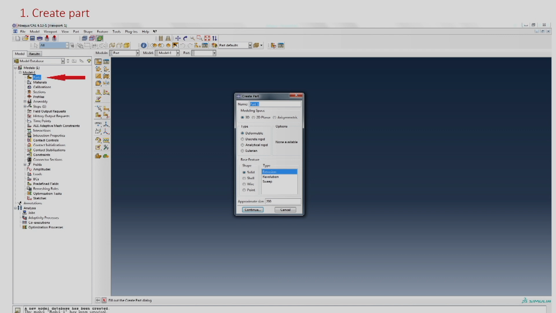All the steps are given in this slide. First we have to choose a part, whether you want to go for a solid, shell, wire or point, deformable. You see there are discrete rigid, analytical rigid, Eulerian. These are things you are not aware of right now, as you are working in just a small zone, but for some other cases you may have to choose these. Whether you are going for a wire, like a beam.